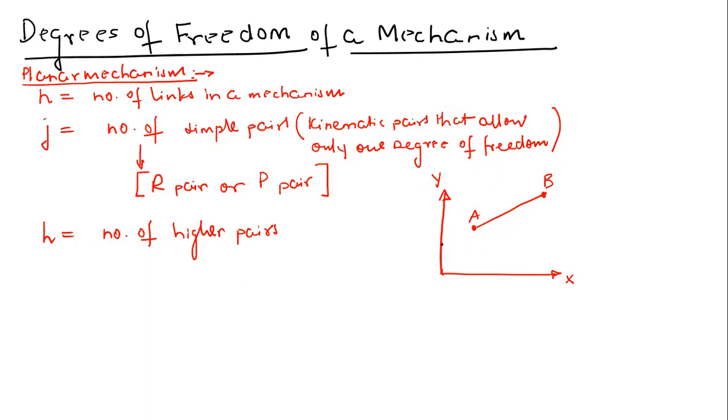So how many degrees of freedom will this link AB have? Three. Right, correct. So see how 3 degrees of freedom. This link AB can translate along the X direction, or it can translate along the Y direction. And at the same time, to define the rotation of this link AB around, let's say, the Z axis, you can specify one more coordinate, that is theta. So one will be the delta X variable, another will be the delta Y variable, and another variable will be theta. So there are 3 pair variables, and this link AB is going to have 3 degrees of freedom.